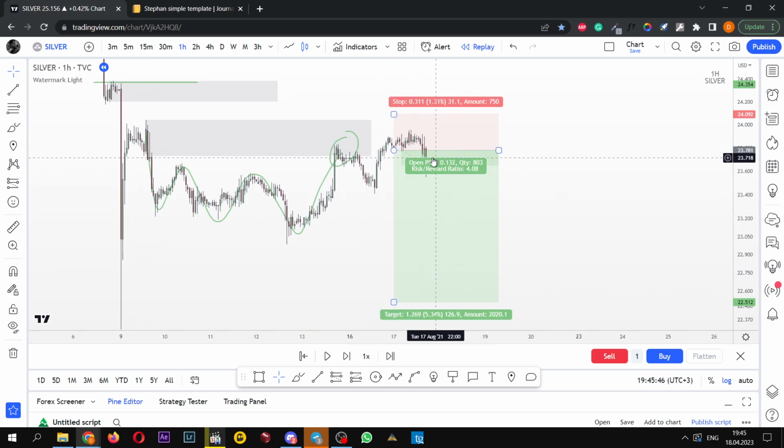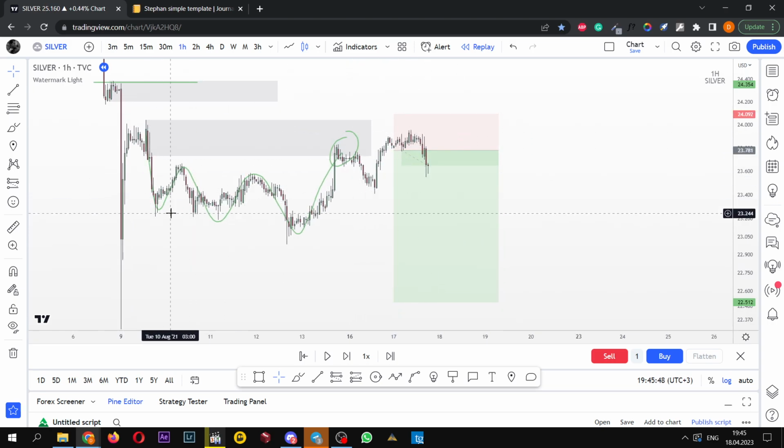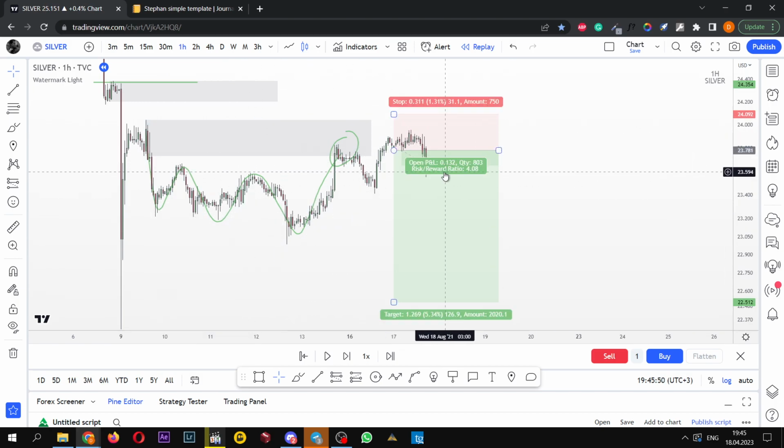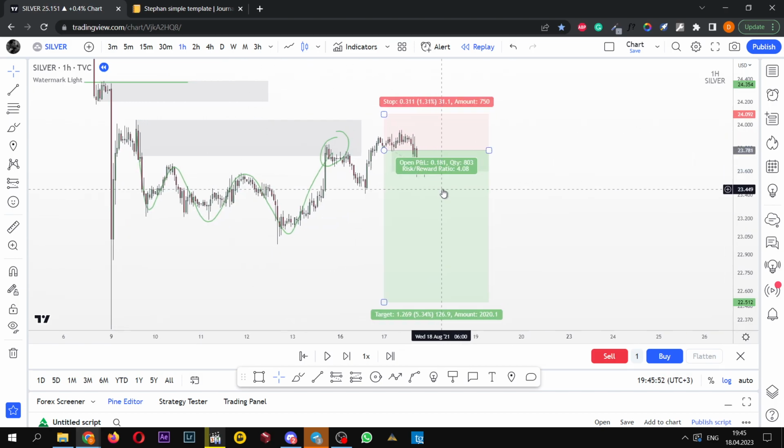Okay, this step from here, from this inside structure zone, from this redistribution, if you go below,